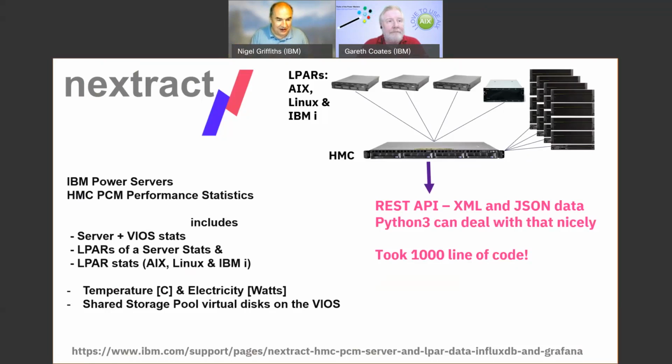And also in here we have some temperatures and electricity, the watts. That only works for the scale-out machines, and there's some shared storage pool data in there that you can pull out. And you do all that via a REST API on the HMC. You can actually get a spreadsheet. It's a massive spreadsheet,